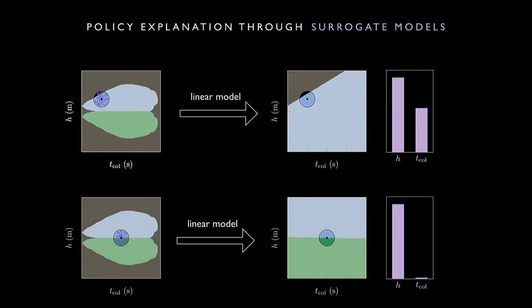And then, for example, we could compare that to a local model for a different part of the state space. So maybe we fit a model to this region here that's in the middle. And here we find that we get a nice linear model that separates these two actions. And then if we look at the weights, we see, as we expect, the action that the agent takes is highly dependent on the relative altitude in this region. But no matter the time to collision, it doesn't really change the action. So we have a very low weight for time to collision. And so we could do this in a bunch of different areas of the state space and get this idea of where each input feature is important to the action that the policy takes.